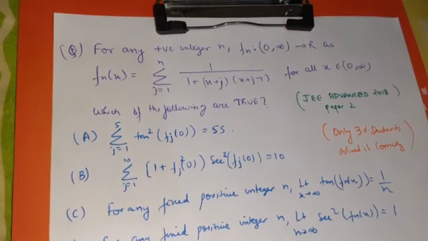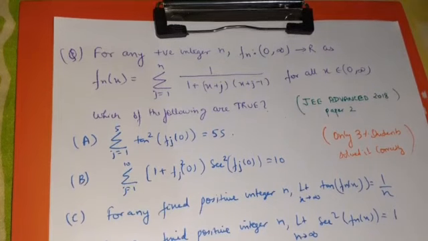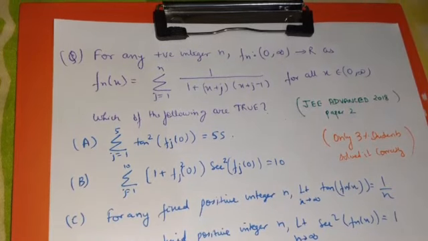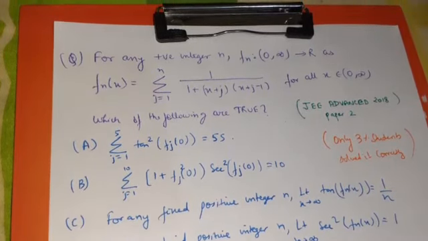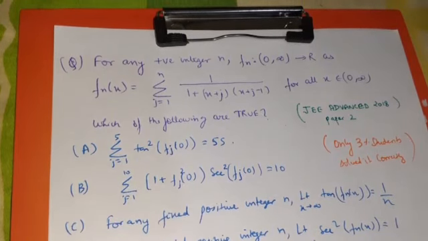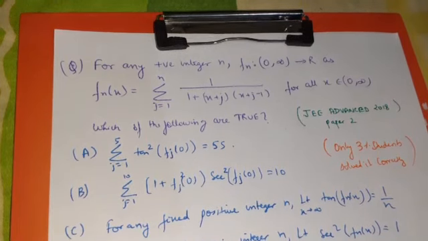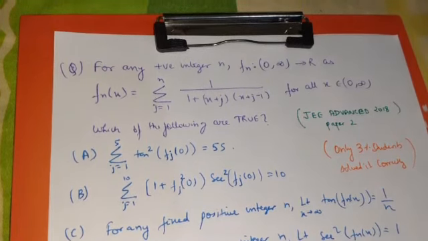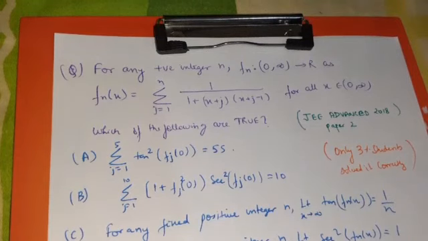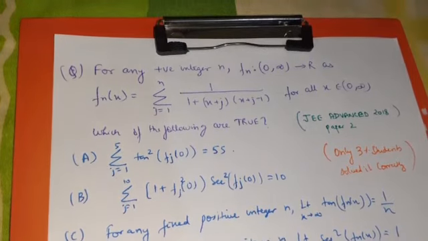Today we are going to solve a very tricky, very important question of inverse trigonometric ratios that came in the JEE Advanced 2018 paper. And as you can see, it is written that only 3% of the students can solve it. The question is very easy, but the way to approach it is very difficult, because the professors in IITs made it very difficult for the students to have a go at this question.